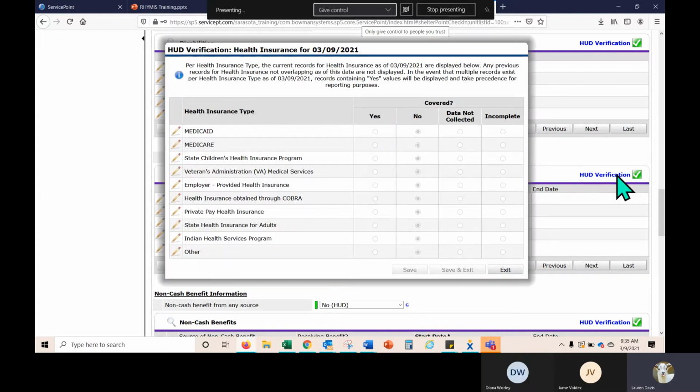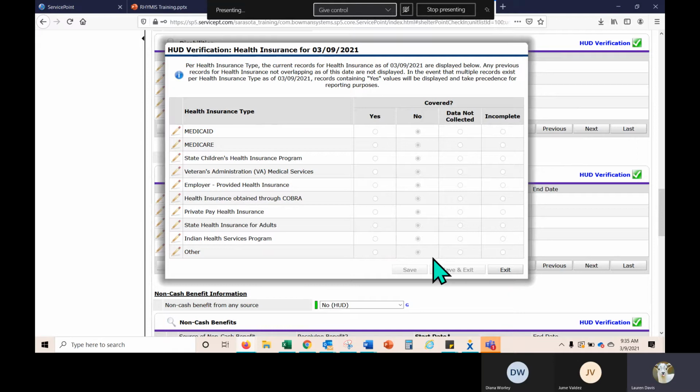Verify here. Typically, I know that when I was a teenager, I just knew that I went to the dentist and the doctors and stuff. I didn't know what kind of health insurance I had. If the client doesn't know, or if the client already has information reported here, you can leave it as no's down the board.